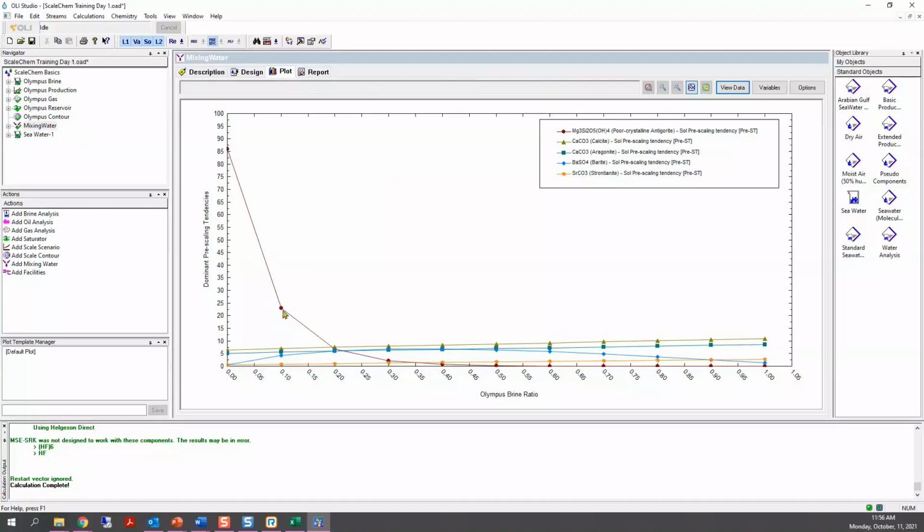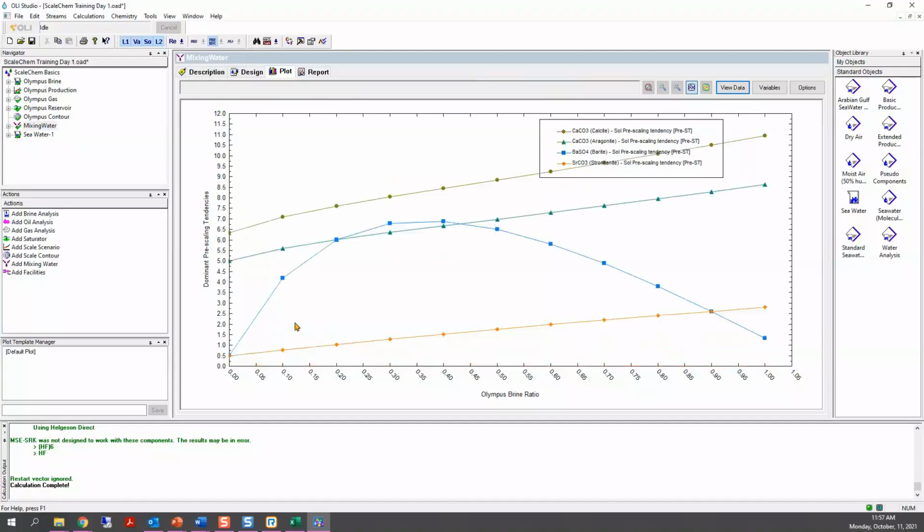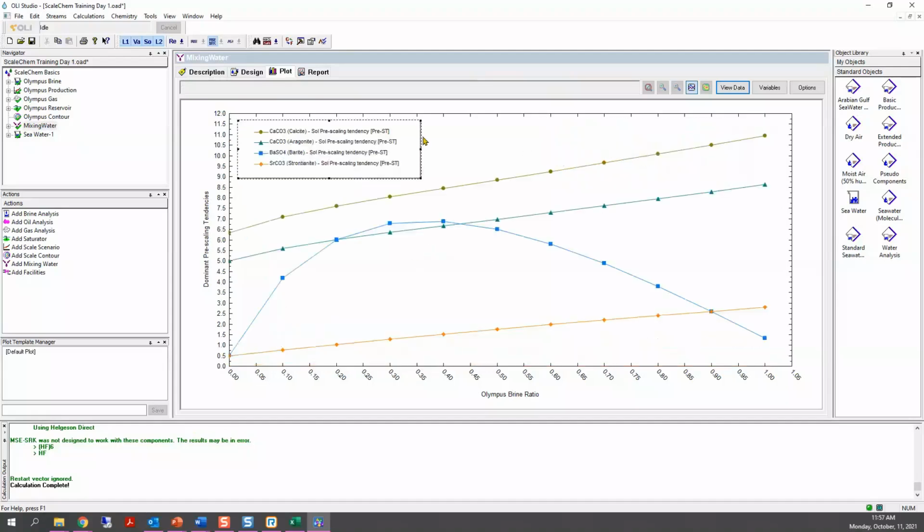So I will just remove this for demonstration purposes. I'm just going to right click and hide. I need to find out why it's predicting that specific solid there.